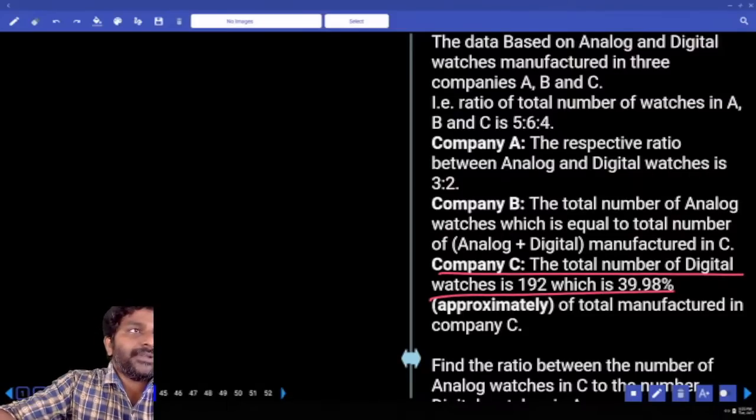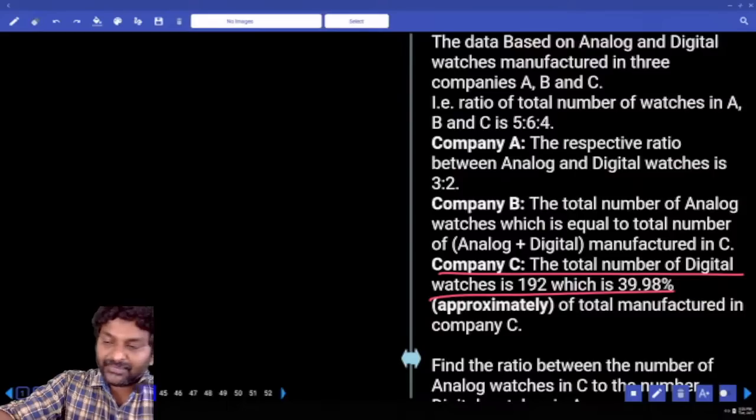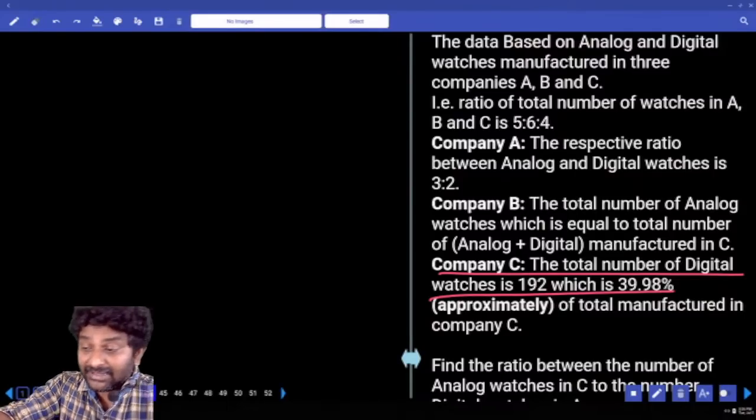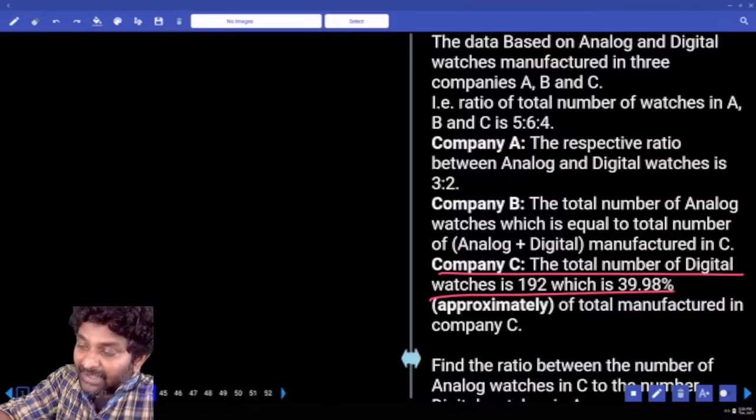Total number of digital watches is 192, which is 40% of total manufactured in